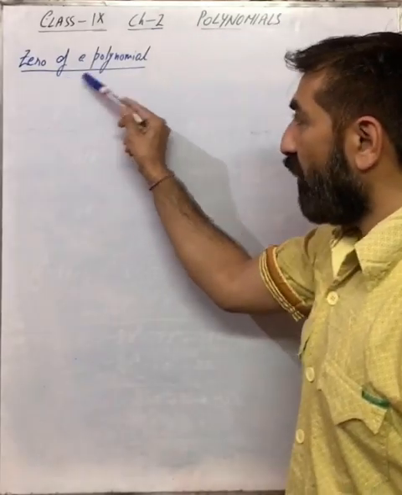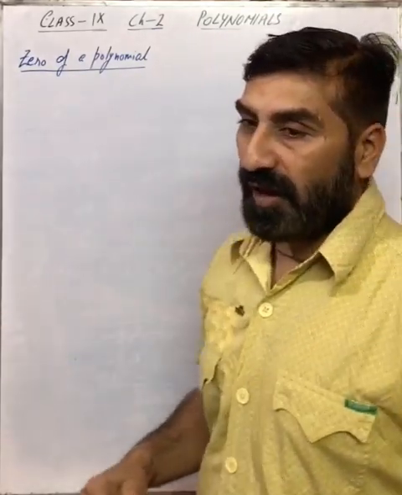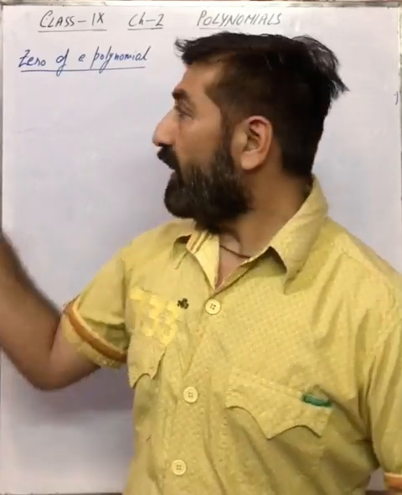Today I'll take a topic from chapter Polynomials for standard 9, and my today's topic is zero of a polynomial. Students, you have discussed about the polynomials in our previous lecture. So today, zero of a polynomial. Before taking the questions, you must know what the word zero of a polynomial means. Zero of a polynomial is that value of the variable which vanishes the polynomial.